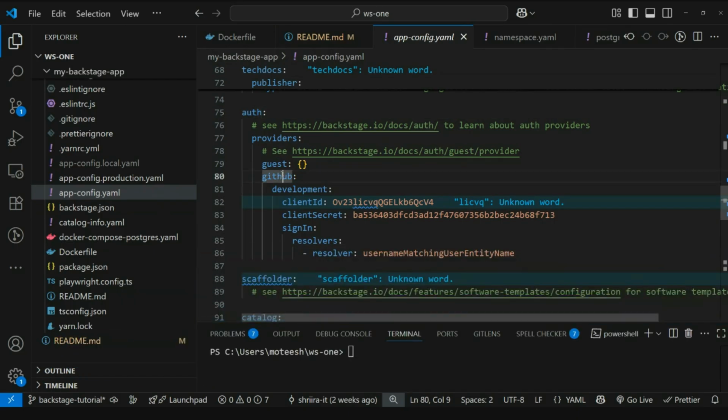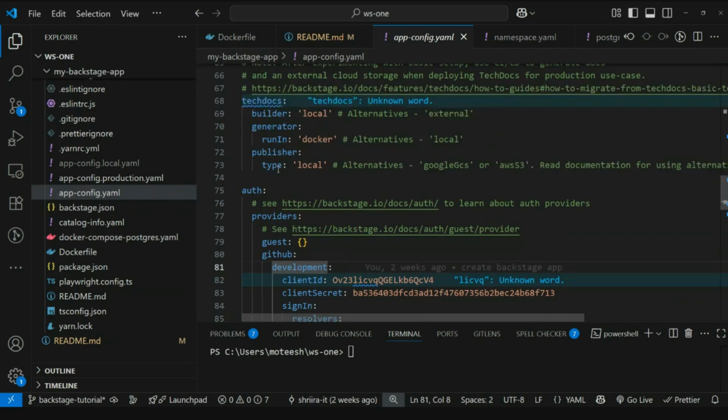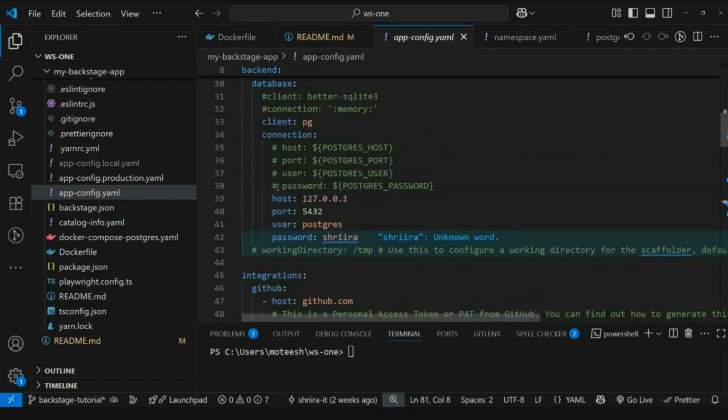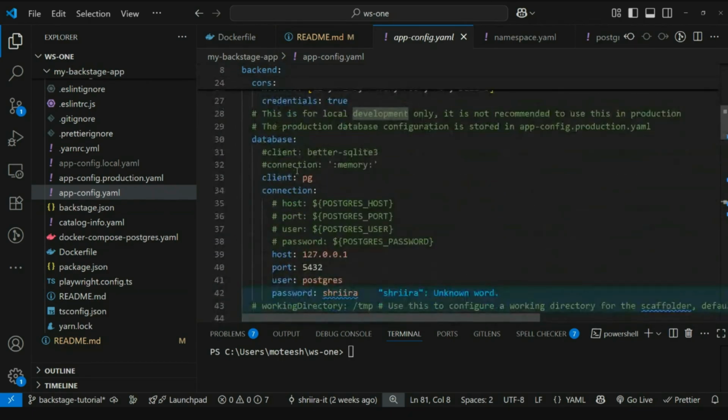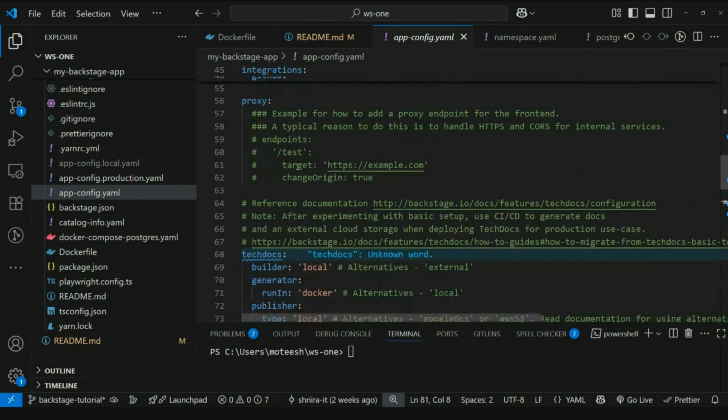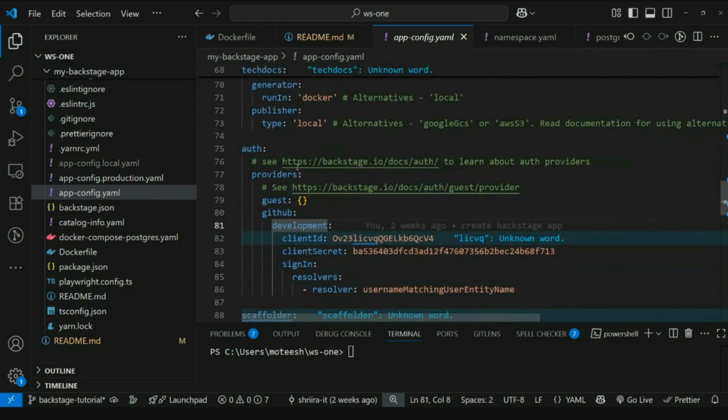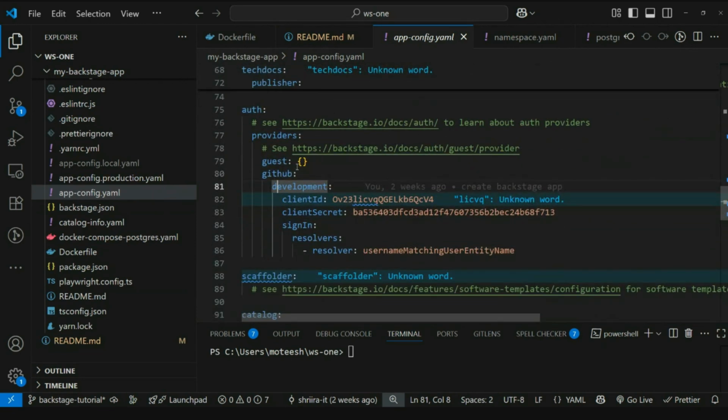You can add the providers here. You can look at the documentation for a particular provider to see what configuration is needed for each individual